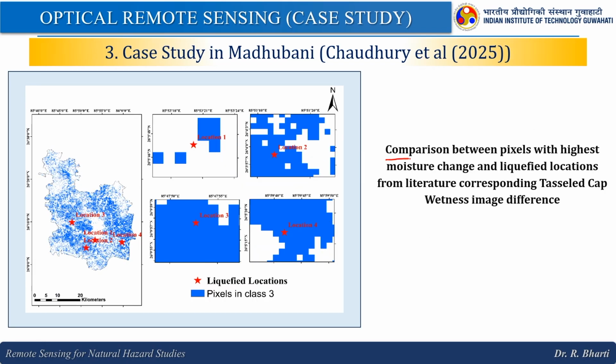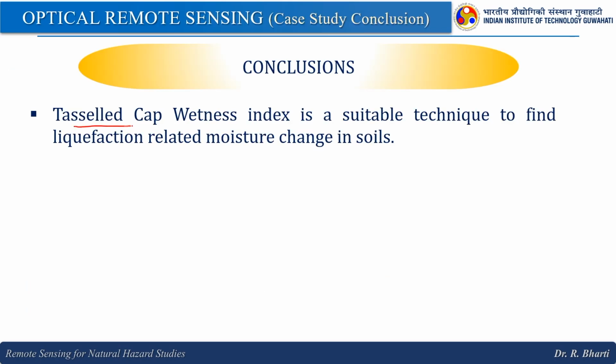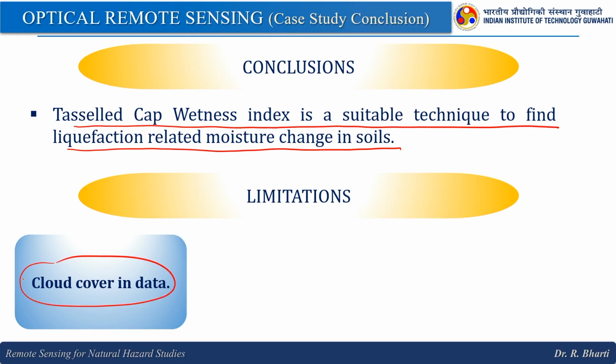And then comparison between pixels with highest moisture change and liquefied location from literature, corresponding to Tasseled cap wetness image difference. So, here you can see for each of the locations how the Tasseled cap values are coming, right. So, the conclusion is Tasseled cap wetness index is a suitable technique to find liquefaction related moisture change in soil. At least for Darbhanga region it was very clear, and the limitation is cloud cover in data, because we are